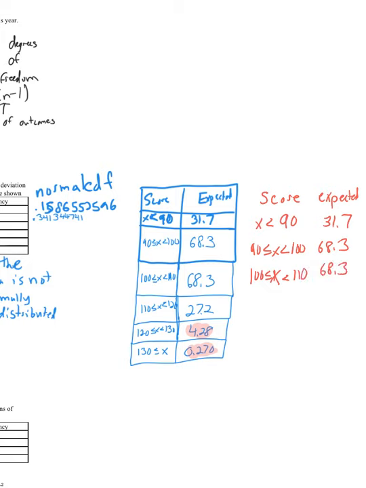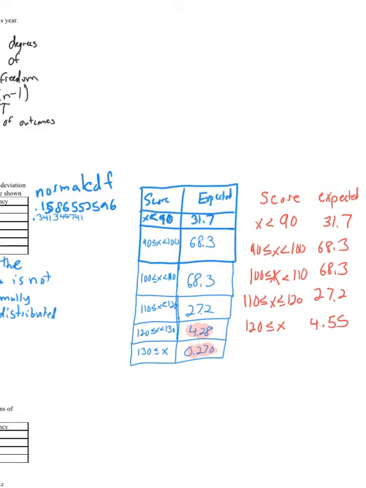And between 110 and 120, I had 27.2, that's fine. I'm going to add the 4.28 and the 0.7270, and that gives me, when I'm greater than 120, 4.55, which is actually still below 5,